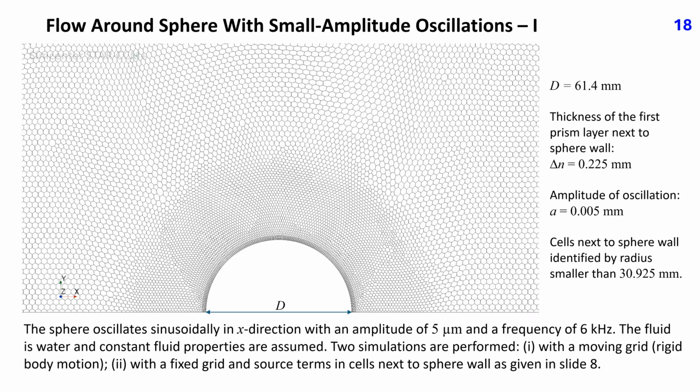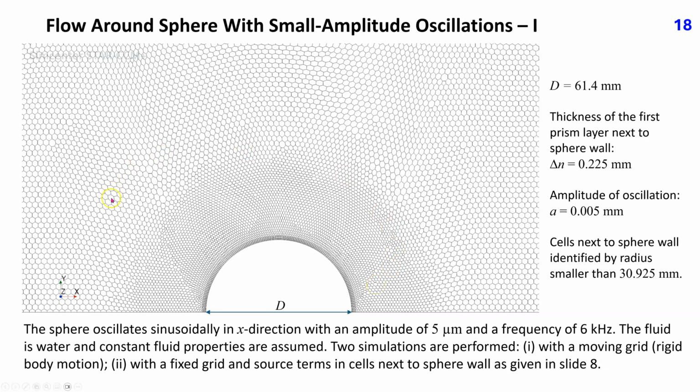2 simulations are performed, with a moving grid performing rigid body motion with the sphere, and with a fixed grid and source terms in cells next to the sphere wall as given in slide 8. Only a quarter of the flow domain is considered with 2 symmetry planes, z equals 0 and y equals 0. The plot shows the polyhedral grid near the sphere